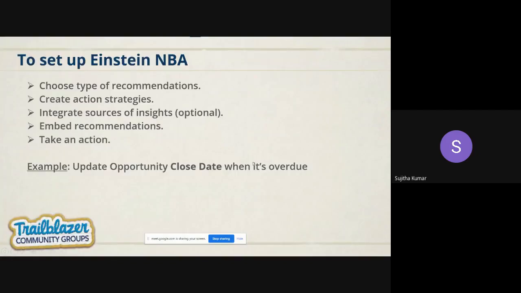So we can see how to deliver the Einstein Next Best Action. To achieve that, we need to follow some steps, and we need to do some clicks and drops. The first thing is to choose a type of recommendation. First we need to choose the type of recommendation,